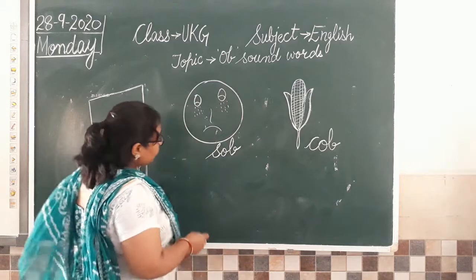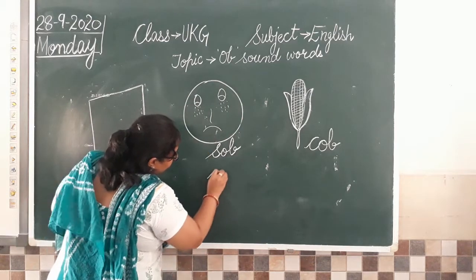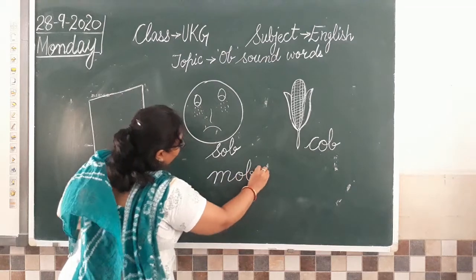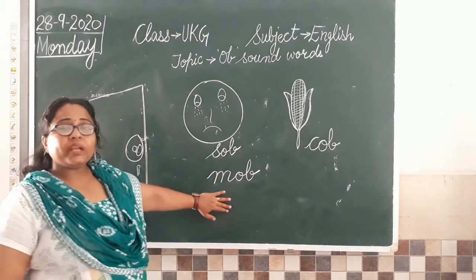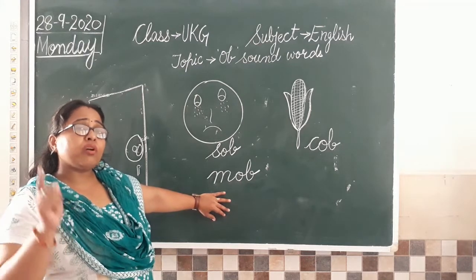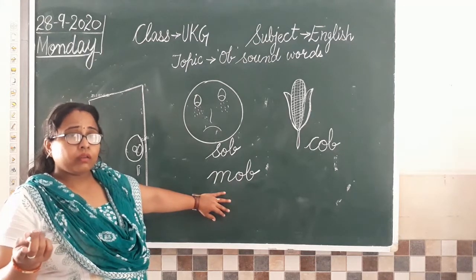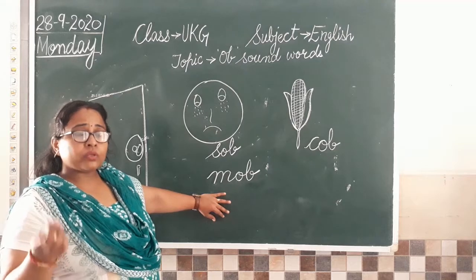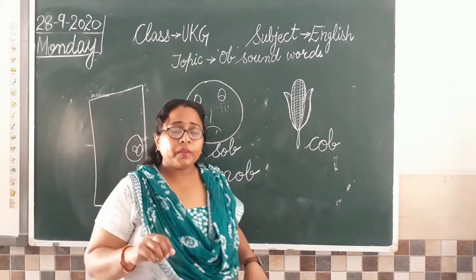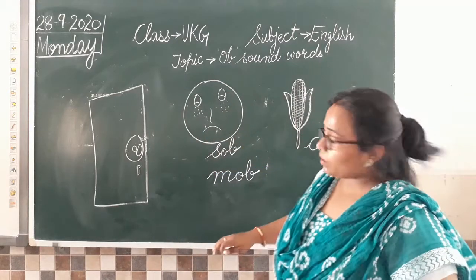So let's write that word now. Mob. Now many of you get confused. I have seen in your papers you are getting confused in the formation of M and N. Why? You all have done it many times. So be very careful while writing mob, knob. Okay? So one word that we have learned is